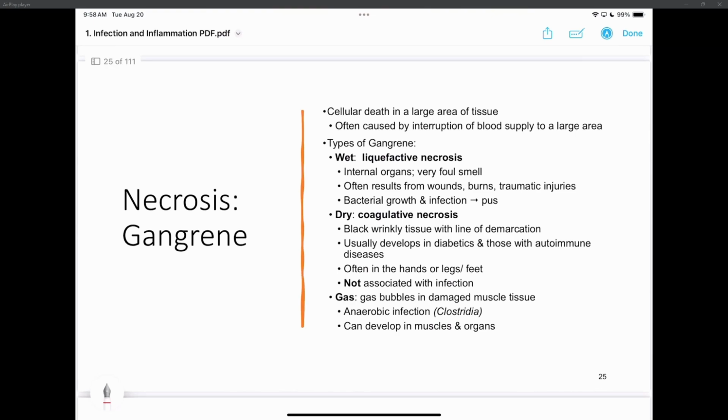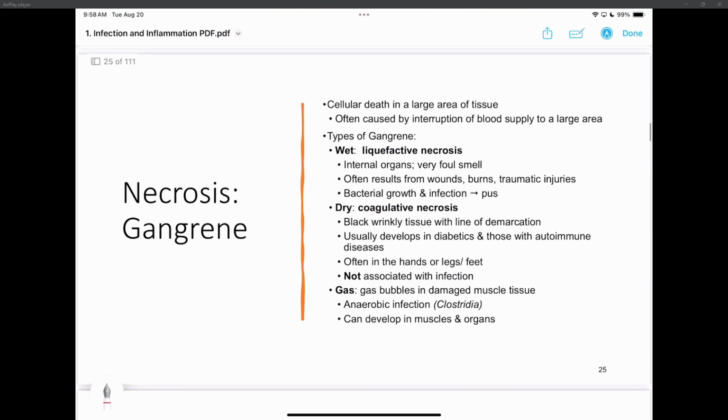And we get now to gangrene, which is one of the most common things that you'll see, due to interruption of blood supply to a large area. So, big vascular vessels in the legs, like the femoral arteries that feed the legs. If you start getting problems with vascular integrity, you're smoking a lot, really bad uncontrolled diabetes, you're going to compromise your vasculature, the blood flow going to your legs. You'll see this a lot in diabetics who don't take care of themselves. They'll get gangrene. But there are different types of gangrene and they have different causes.